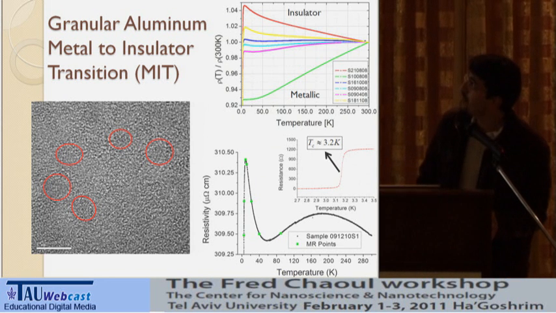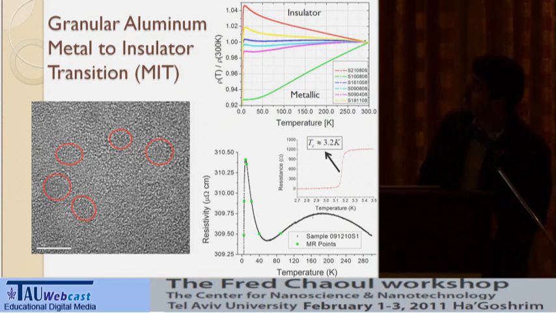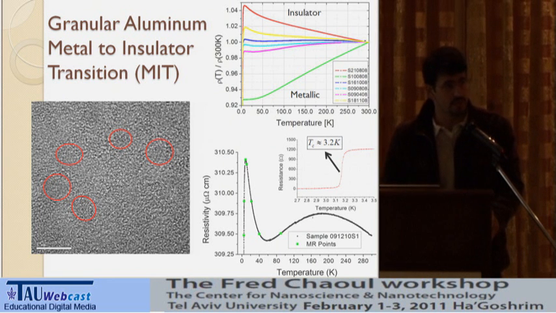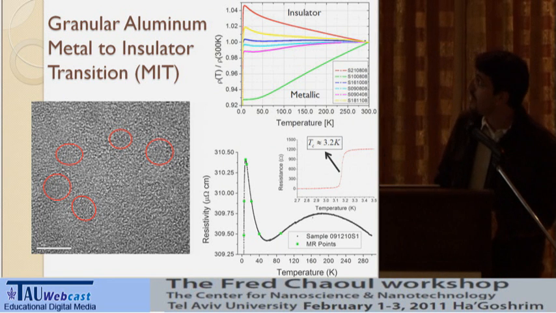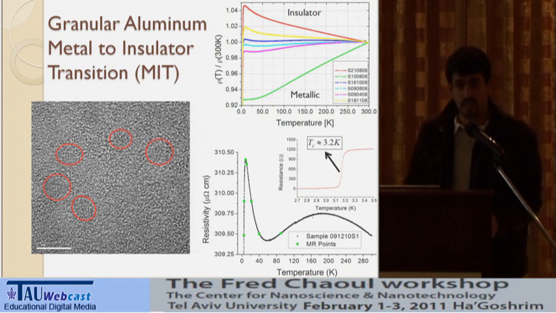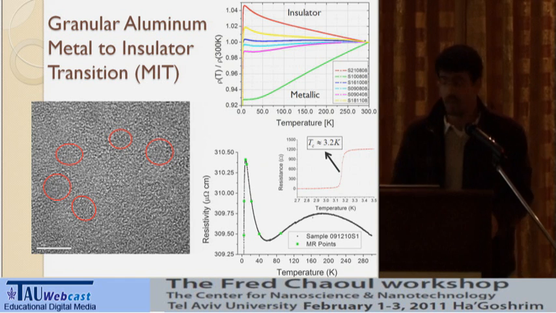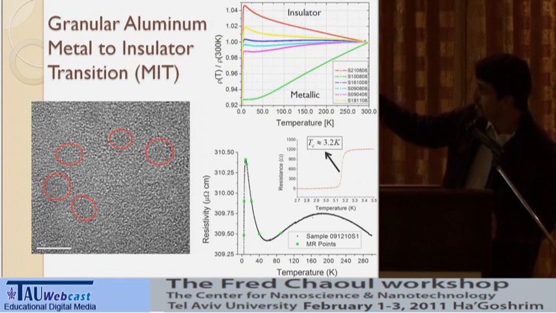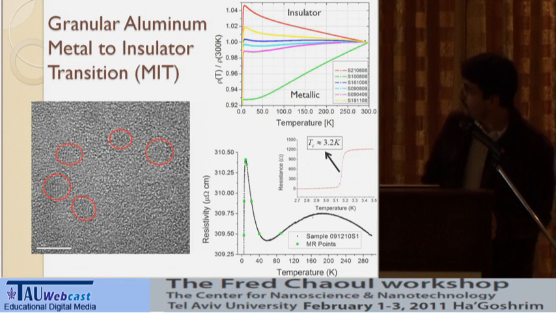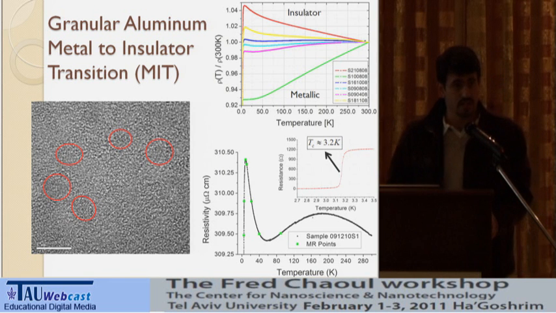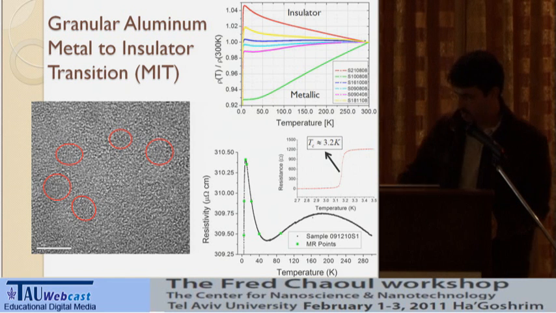We can see that on the normalized resistivity measurements. You can also see in the middle you have the optimally doped samples, which show quite constant dependence. But if we zoom into the resistivity curve, we can see that it changes around a value of the room temperature resistance. Now, we measured the magnetoresistance at several temperature points, and we can see that